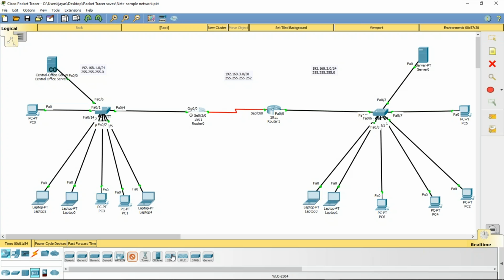So you can throw some access points in here, and you can set the stuff up wirelessly too. You can do all kinds of stuff. And then look, there's a server up here, right? Okay, so you can see there's two subnets here. You got one over here, and you got one over here, then you have one in the middle too, right? This is actually a VLAN as well. All three of these,